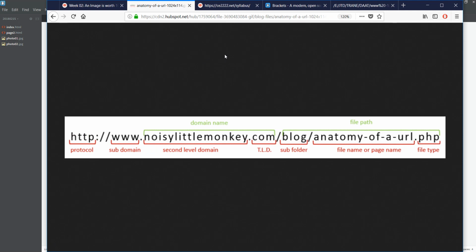Now, we don't necessarily have to memorize every single part of this in order to understand it, but just so you get the general idea, we have what's called a protocol, the subdomain, the second level domain, and the TLD. All of this has to do with generally where it exists on the internet. So where we're dealing with files that exist somewhere on the internet, on an actual domain, this is all part of the very beginning. After that we have this part here that's called the domain name,